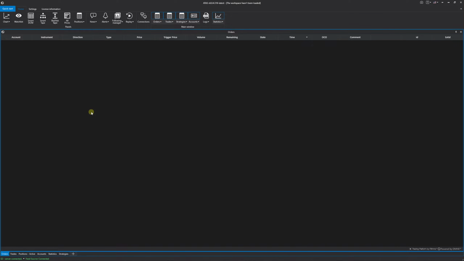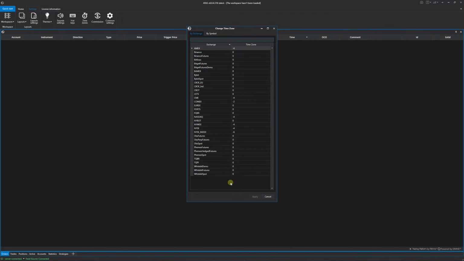All right, once that is done, I recommend adjusting your time zone settings on ATAS to match the Eastern open and close for futures. To do that, go to the Settings tab on the ATAS dashboard, to be found here to the right of Home. Then go to Time Zones right here. All right, so the exchanges you need to change if you are trading ES, NASDAQ, or CL contracts, CL also